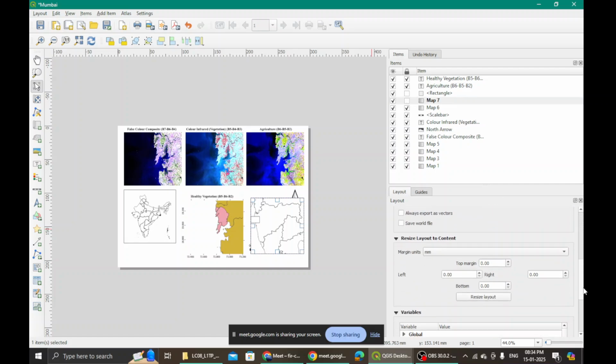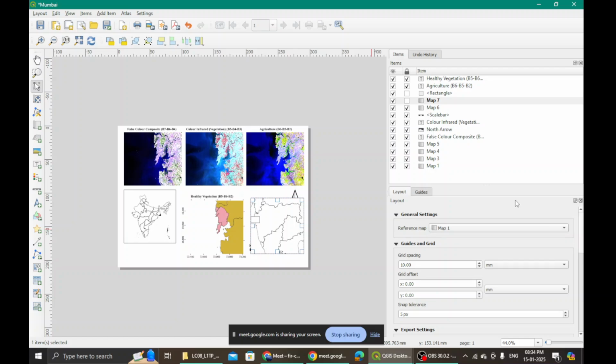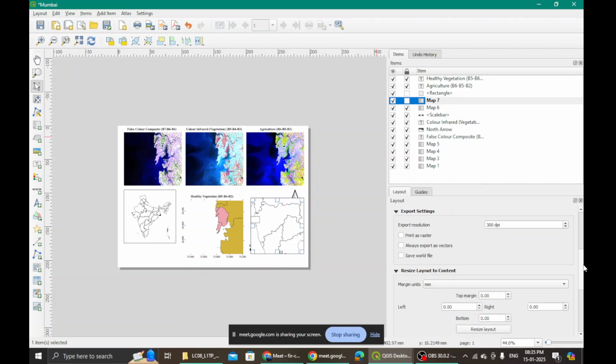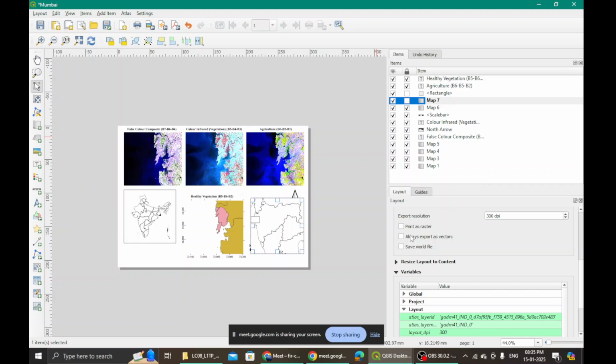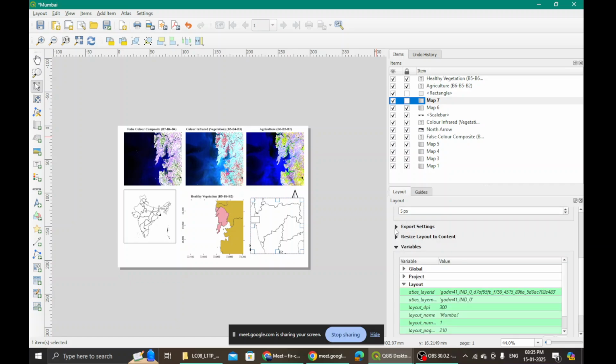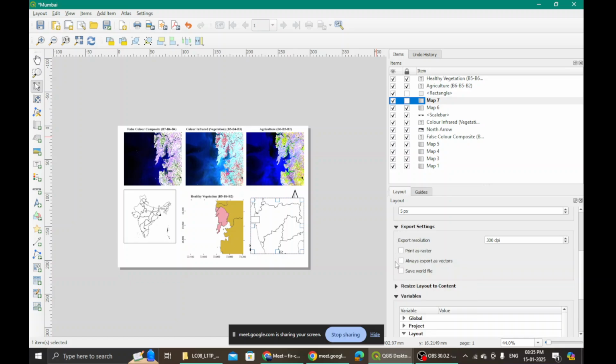Okay. All right. So map 7 is the one I'm interested in. This always happens. Once you start working with QGIS, you will see that the free tools always come with something a little tricky. It needs practice.